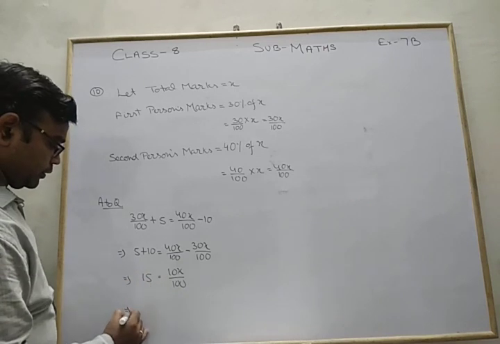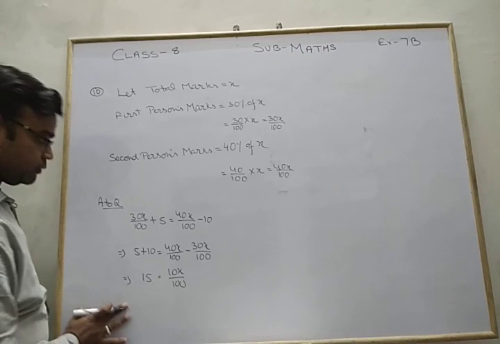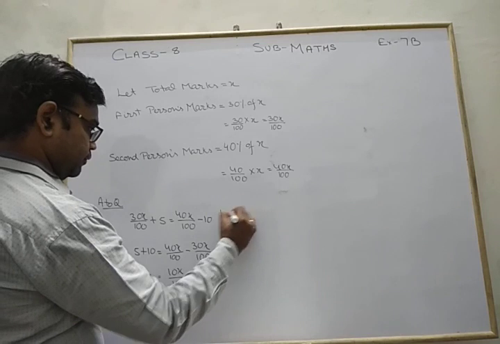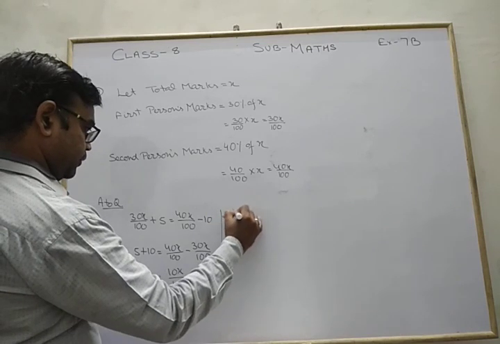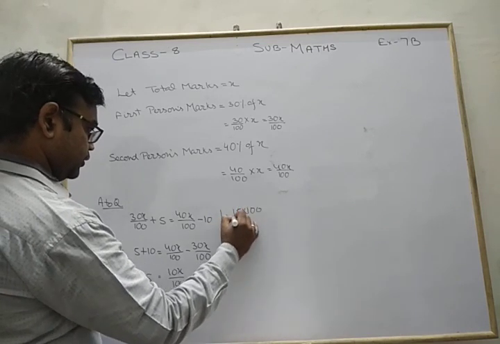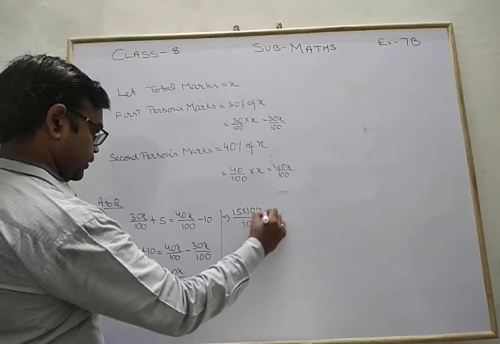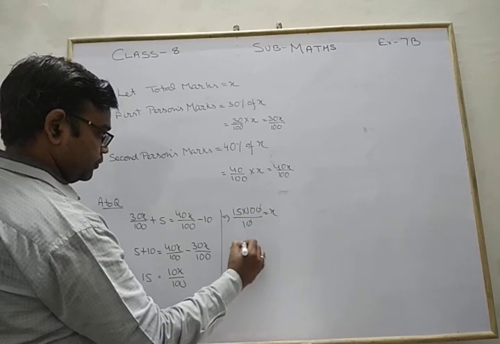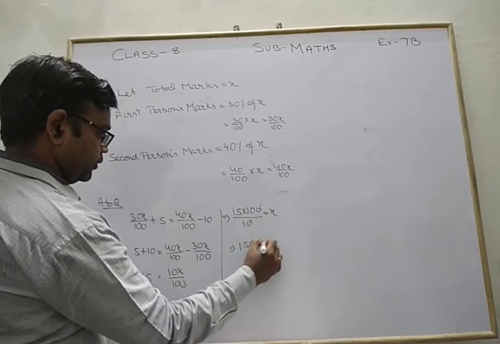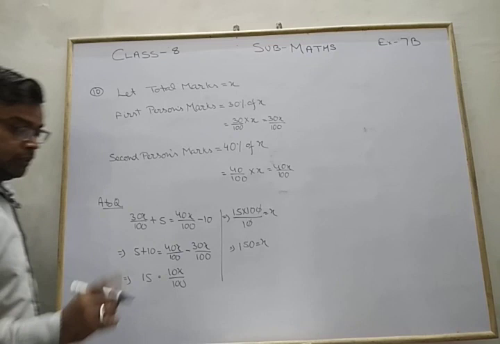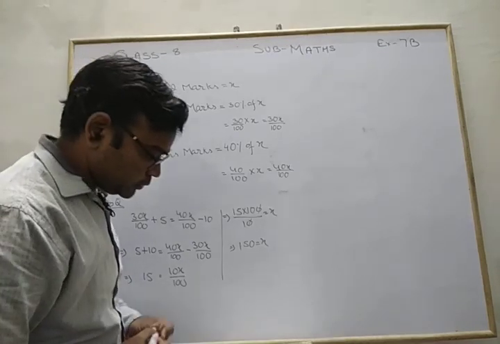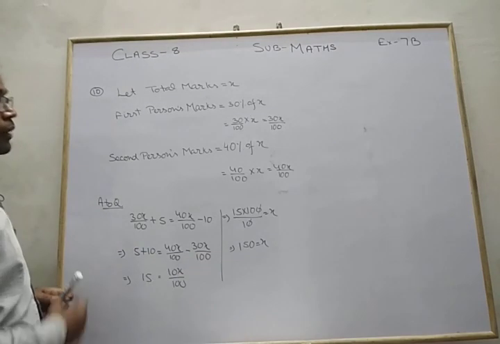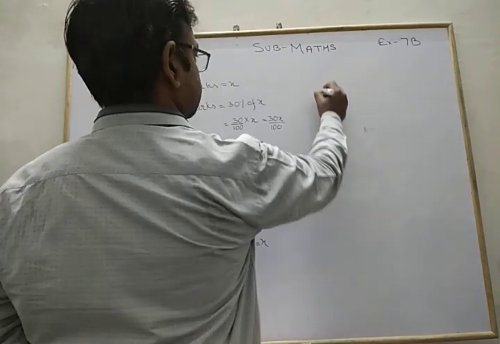Now, when we solve this one at this side, we have 15 into 100 by 10 equals x. So it's 150. Total mark is your x. But the question asked you passing marks. This is your total marks. Therefore, passing mark